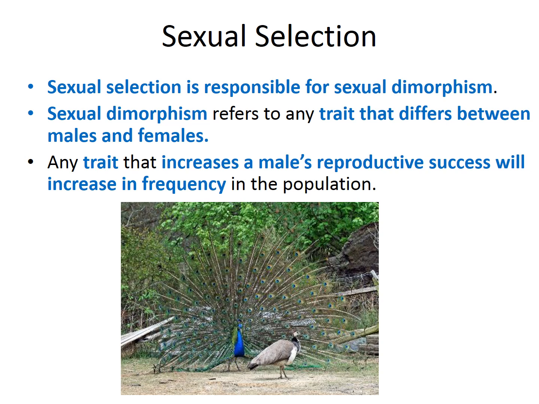You can see males being very bright and colorful, while the females are a little bit more drab. And so basically what the males are doing is they're investing in these showy displays to get females to notice them so that they will choose them to mate with. So we see this a lot in birds. The African cichlids that I study have the same sort of thing. Males are very bright and they'll do little shimmy dances to try to get females' attention to look at their bright coloration. And so these are traits that would increase a male's reproductive success within the population.